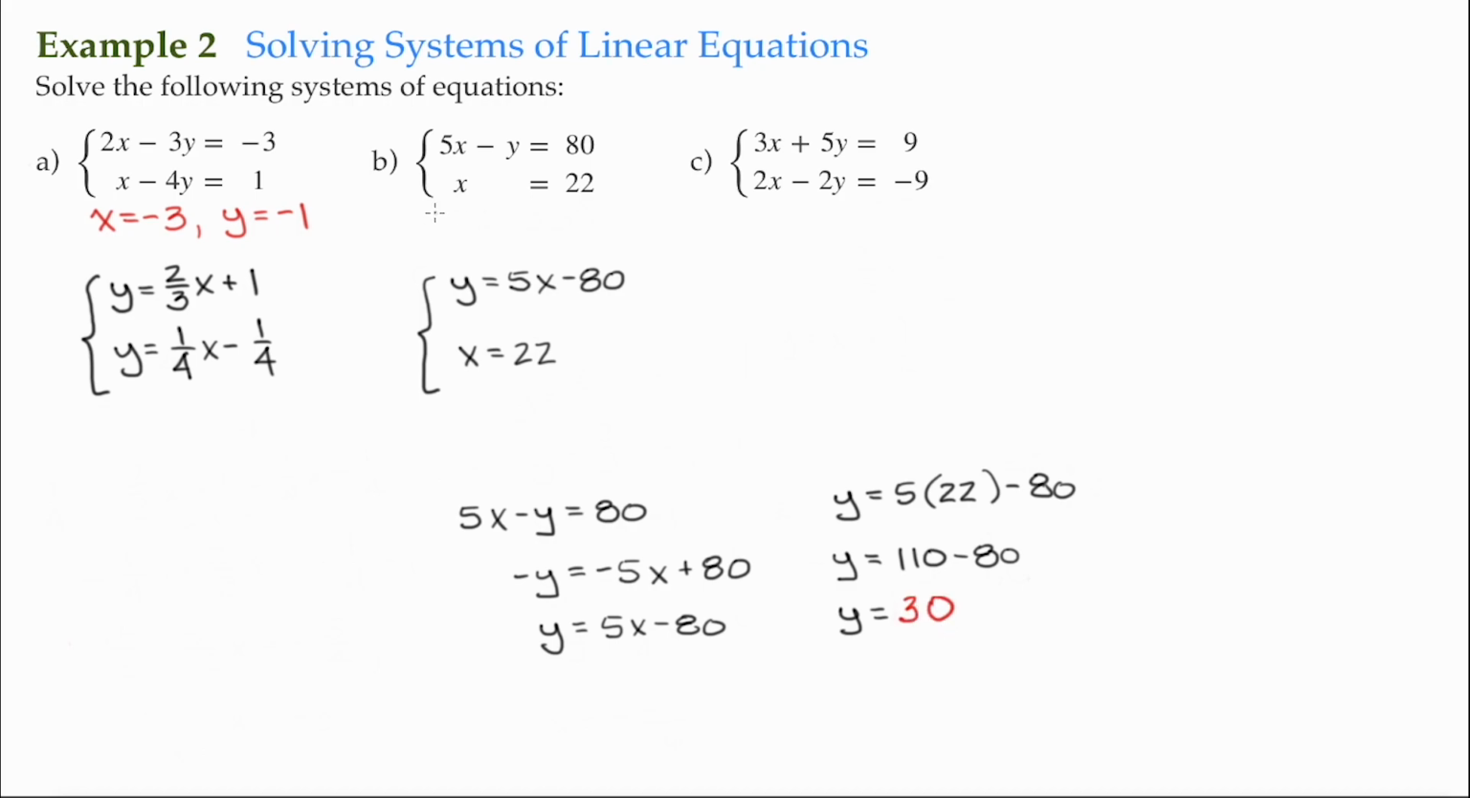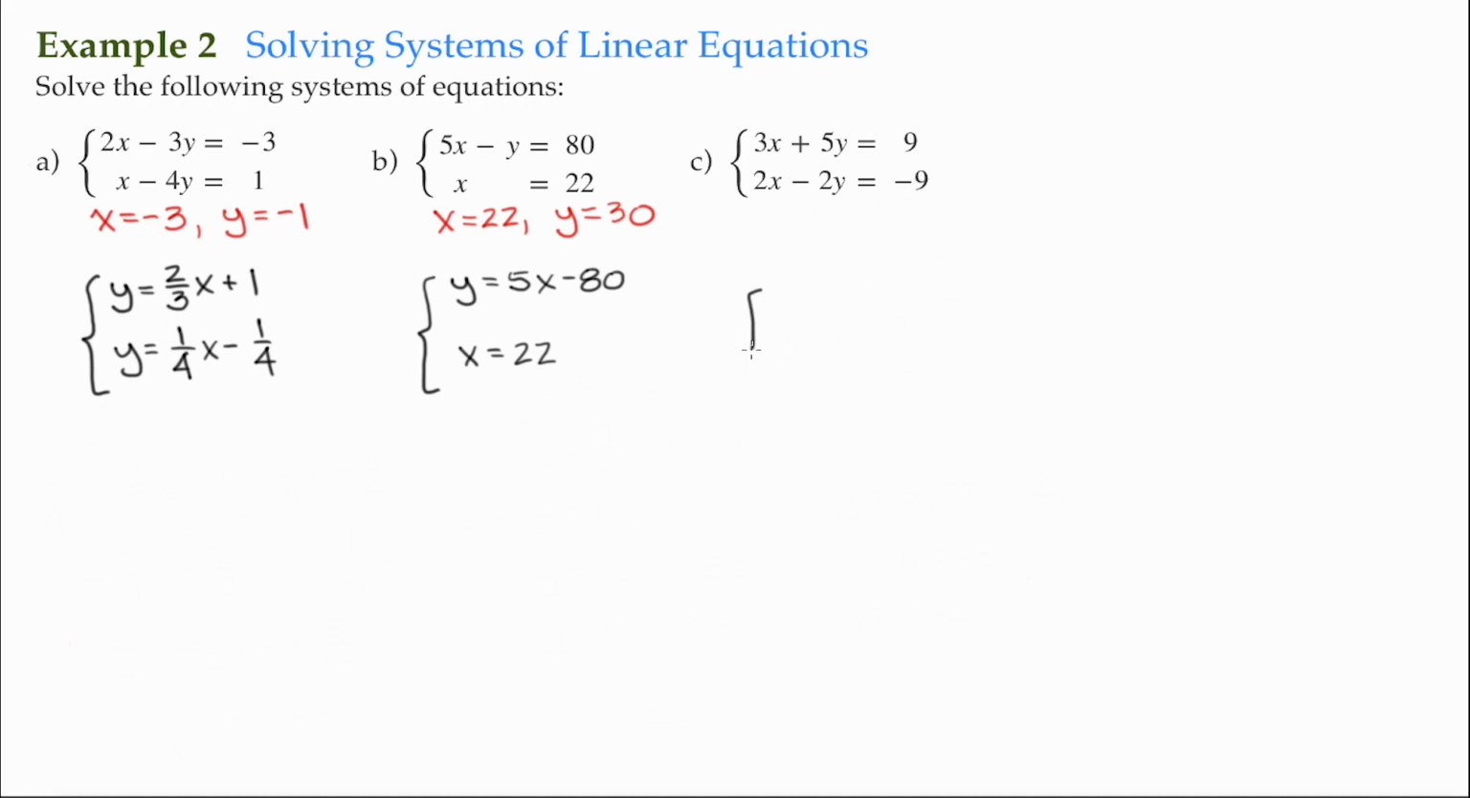So here we have x is equal to 22 and y is equal to 30. So again, at this point, there's no need to have to write this as a coordinate. We can just go ahead and leave it at this because these are going to start representing items. And finally for c,